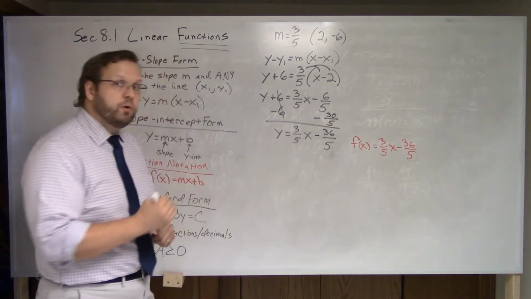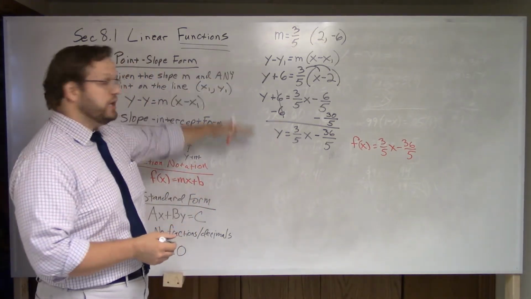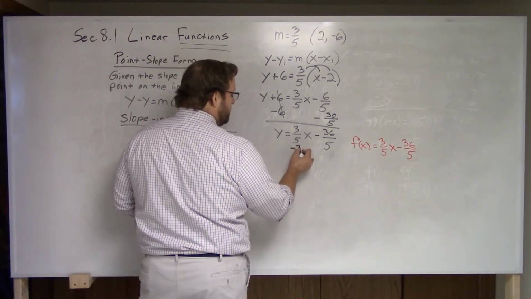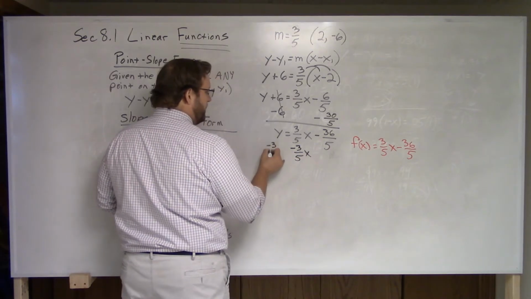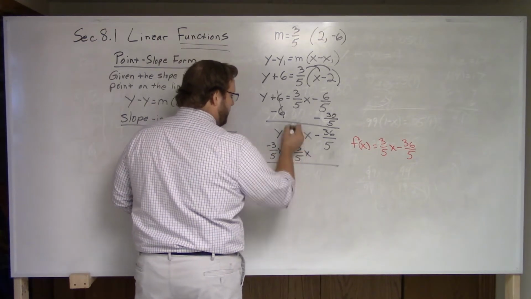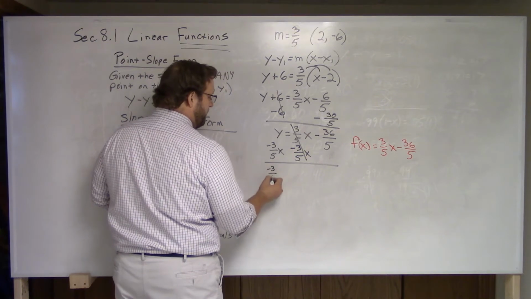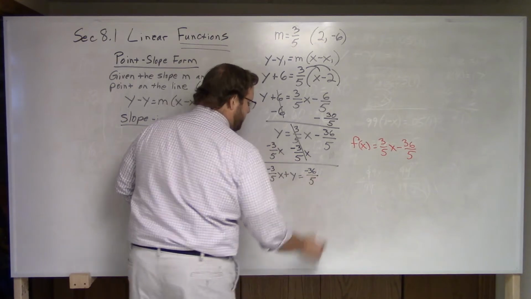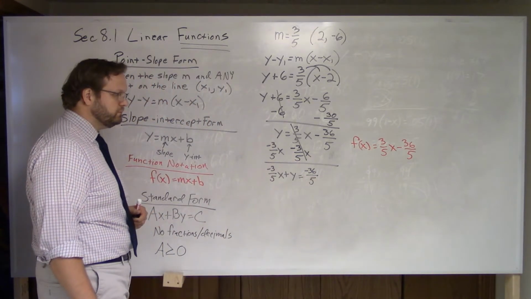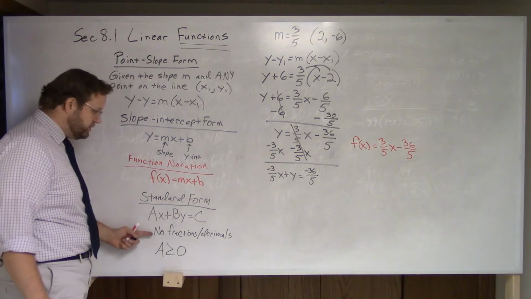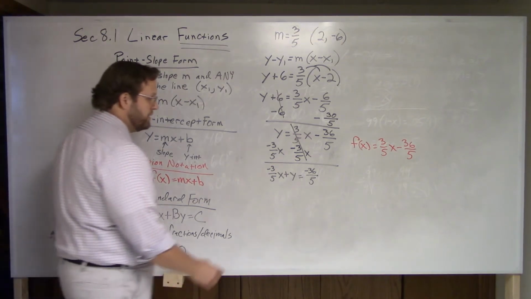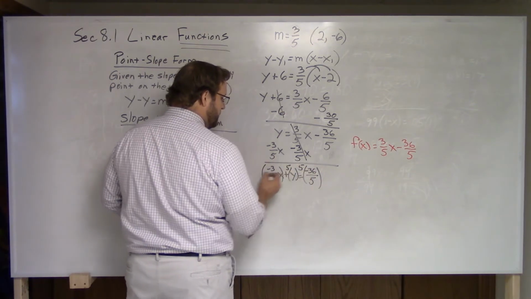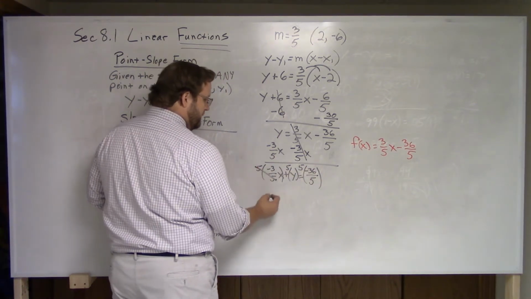Now, if I want to keep going for standard, if they ask me for standard, I don't change what I've done, I just keep going. And then I bring the x and y together. And we got that. Next, I have to follow these two rules. I can't have any fractions. So I'm going to multiply everything by a 5 to get -3x